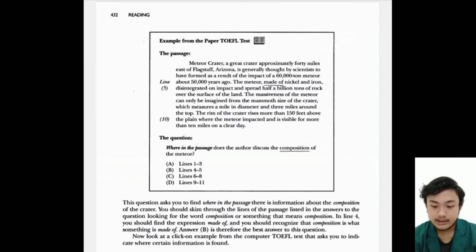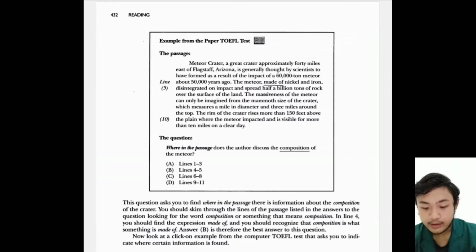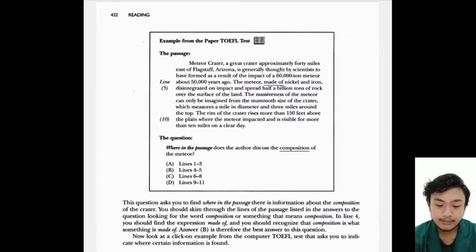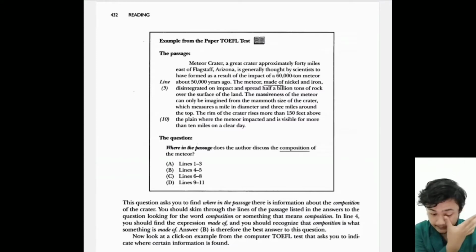In line 4, you should find the expression made of, and you should recognize that composition is what something is made of. Answer B is therefore the best answer to this question. Now